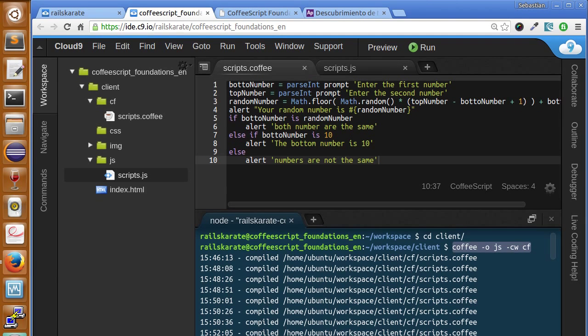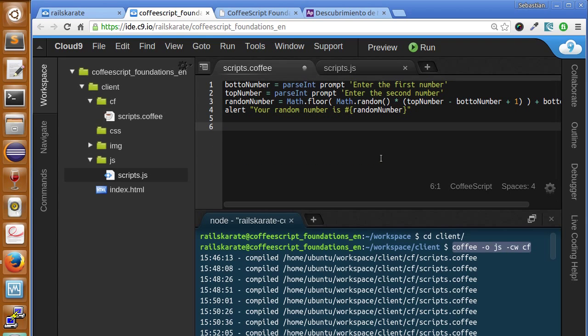Let's talk now about the comparison operators. So far we have talked about the "is". The "is" is just the equals. So let's see what the comparison operations in CoffeeScript are, their equivalents in JavaScript, and how they work. So let's see the equality in CoffeeScript. Let's work with these variables. So "is top number", for example. Okay, and we also have, let's see,